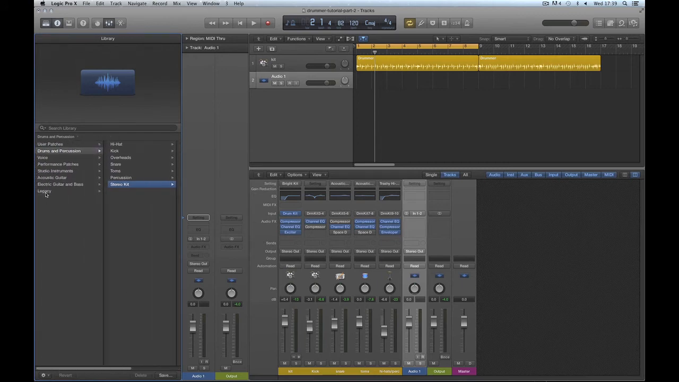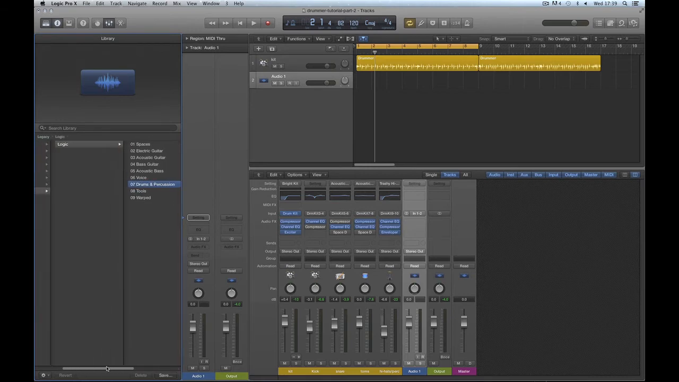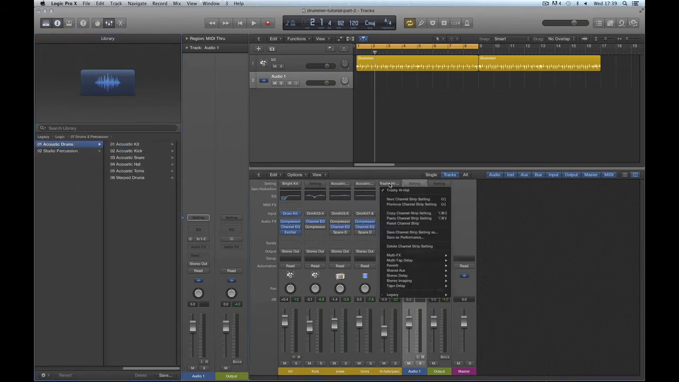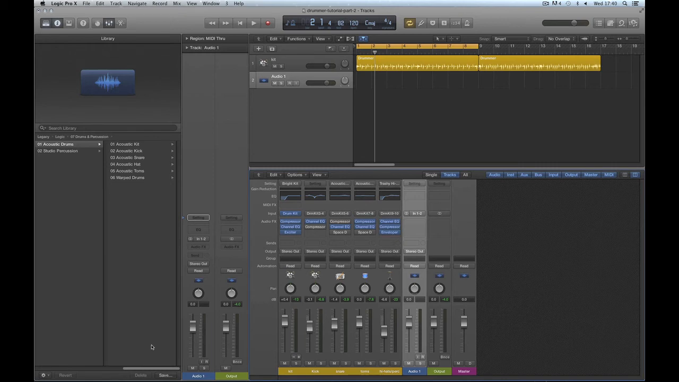Now the legacy stuff is still here. Look, here's the legacy stuff. You can get access to that here for the audio tracks as well. This is the same stuff, right? Legacy, Logic, drums and percussion, acoustic drums. There's the same categories. Yeah, it's the same stuff as on our separate outs, right? But audio tracks and their channel strips have access to the latest version audio channel strip presets,